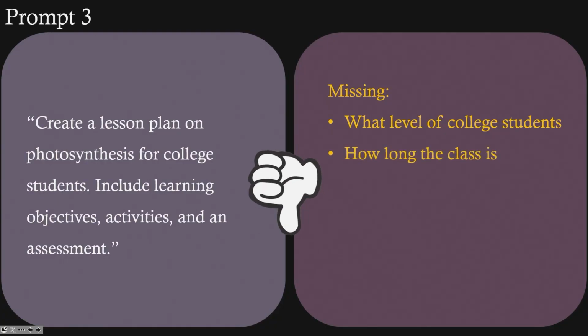How long the class is. Some of us prefer 3-hour long classes. Maybe some of us like the 1-hour classes. Maybe some of us like 30 minutes, then a break, and then a 30-minute continuation. So how long is this course? Maybe the lesson is only a 15-minute lesson. So we don't know how long the class really is. We want to make sure we have that in there because AI will generate a really long lesson plan that could take you maybe 5 hours to teach photosynthesis, and that's not what you're looking for.